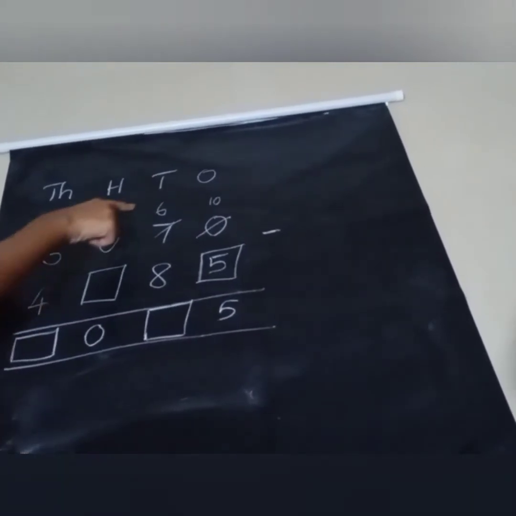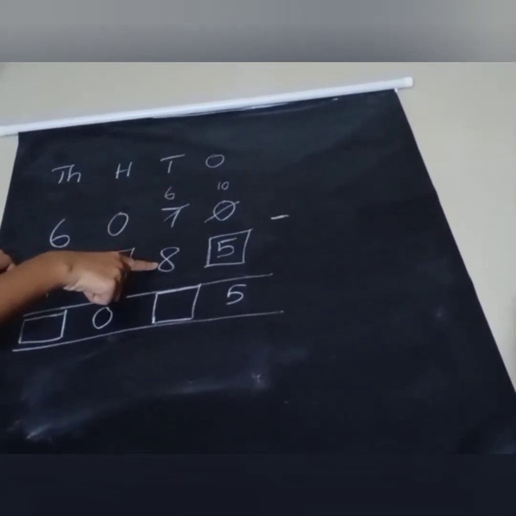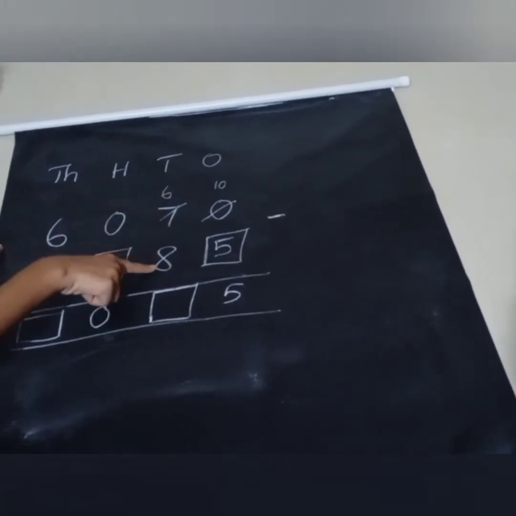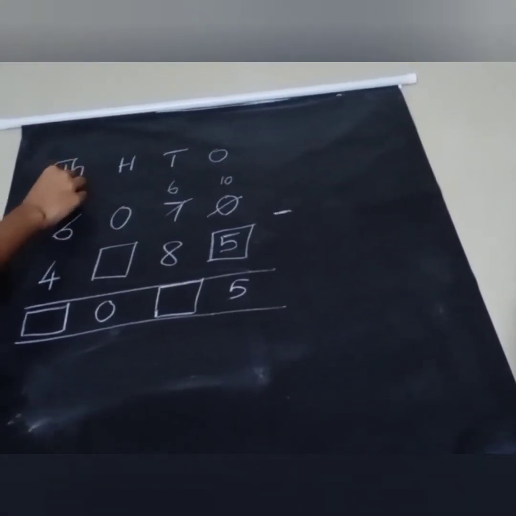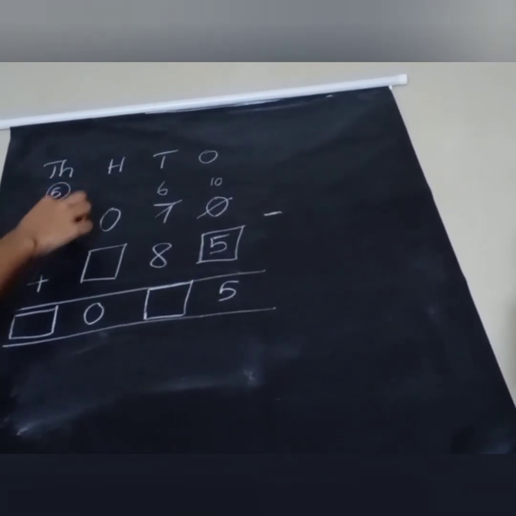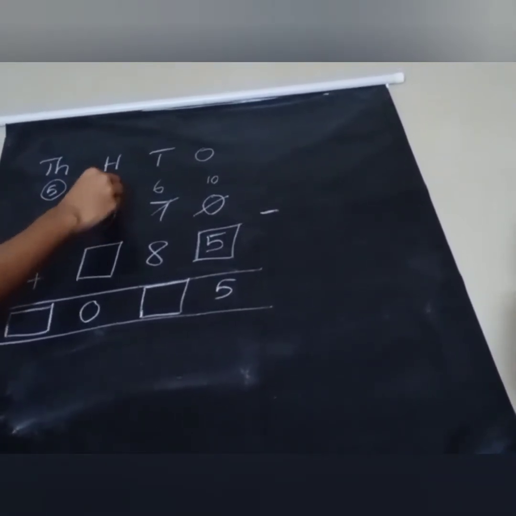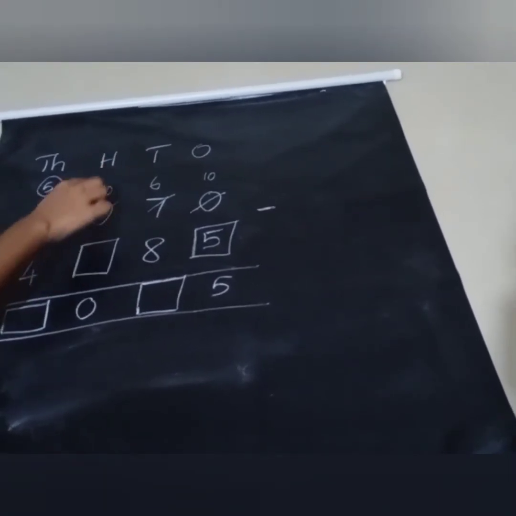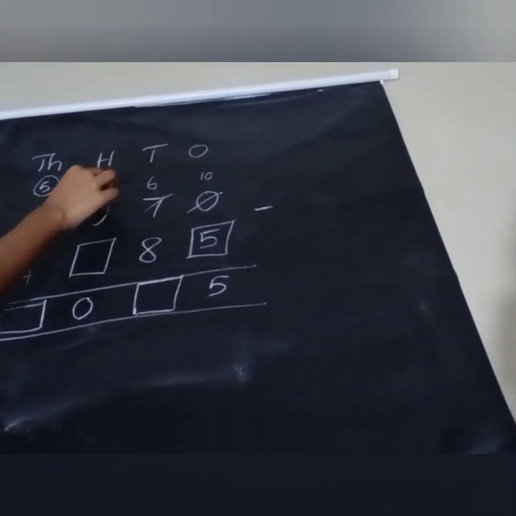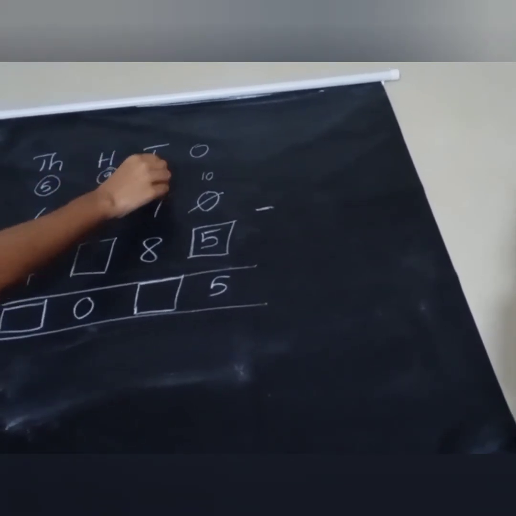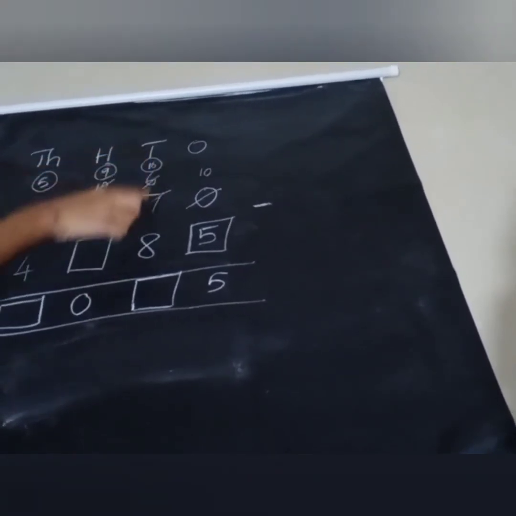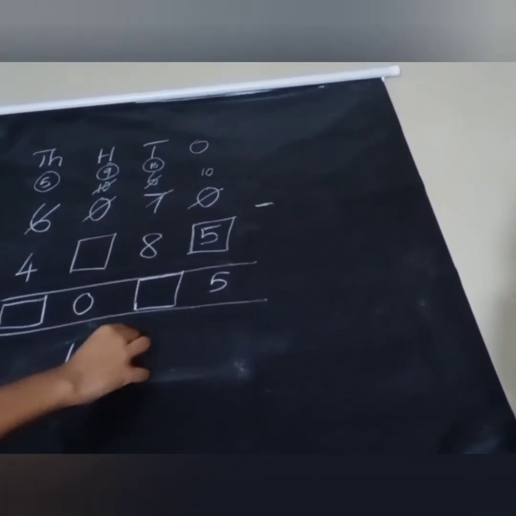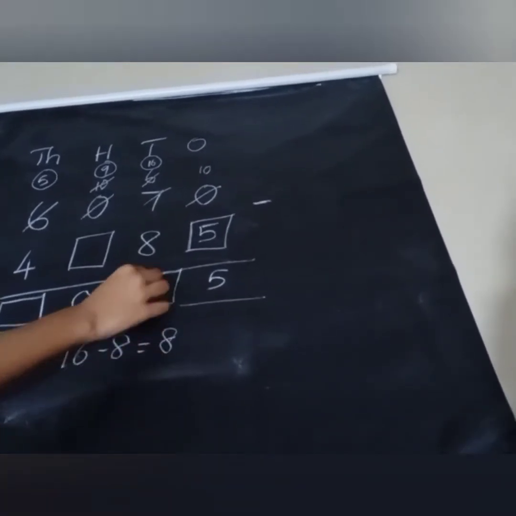Now you just concentrate on the tens place. You have 6 and 8 at the tens place, right? The smaller number is at top, so you have to take a borrow from the hundreds place, but there is 0. So you just go for the thousands place. So 6 will convert to 5 and 0 will convert to 10. Now you take 1 from this 10, so 10 will convert to 9. 6 will convert to 16. Now we can subtract. 16 minus 8 equal to 8.